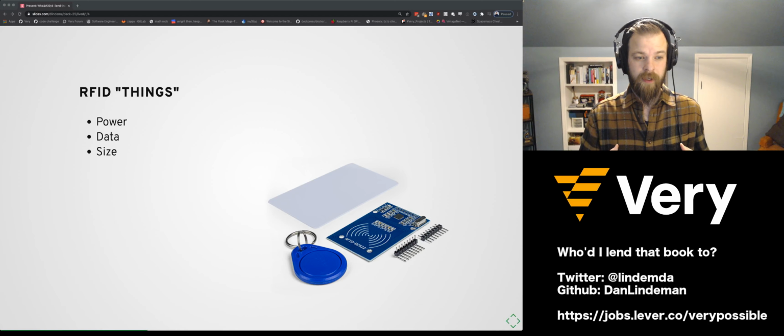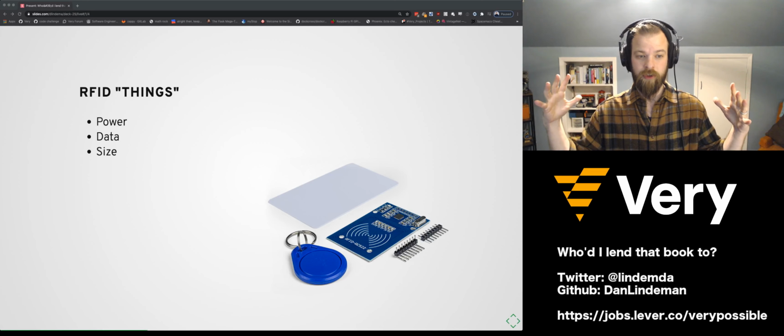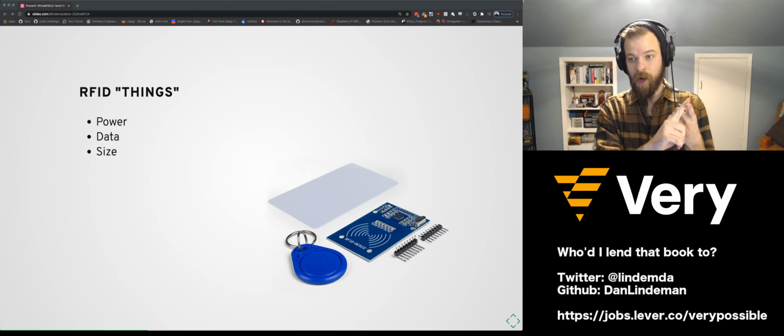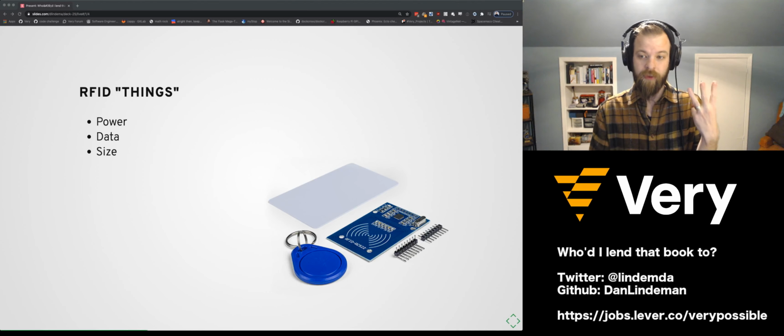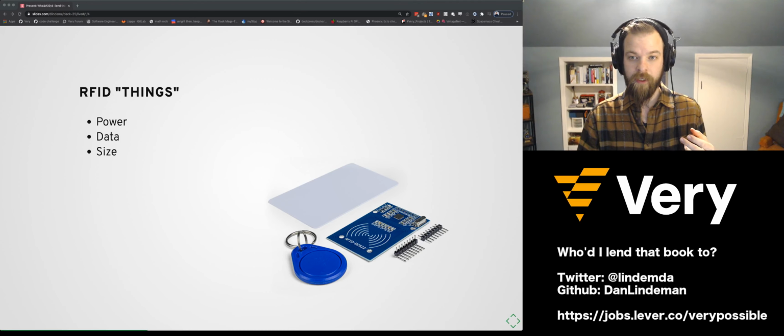There are also active ones. Active RFID, however, requires a power source. A common application for that is cattle tracking. The nice thing about those is that their range is substantially larger. But again, for context of this talk, we're talking about passive RFID. So when you're considering the characteristics: power, we don't need to power it up. Data, it can store data, not a ton, but it can store some. And the size of it. Those are the three really big boons to why you're interested in RFID.